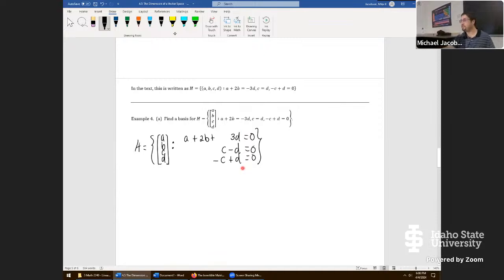When you look at all this, notice you're dealing with a homogeneous system. If you have a homogeneous system of equations, that means you're not looking at the column space of some matrix like we were in the last problem. We're looking at the null space. So we can say that H is equal to the null space of A where A equals,